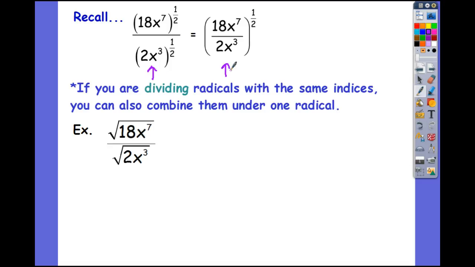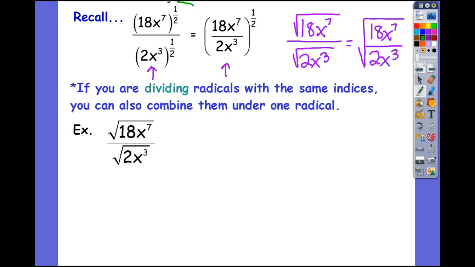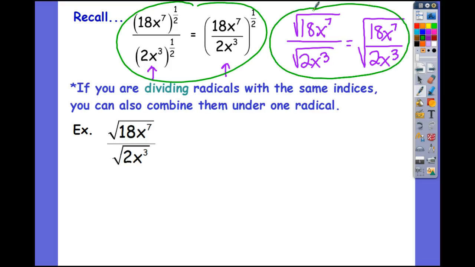And remember, the 1/2 power is just like saying the square root. So this is the same as saying this. As long as my index is the same, if I'm dividing 2 radicals, I can combine them into 1 radical. So if I look at this one here, again, I might not know what the square root of 18 is. It's not a nice whole number, it'd be 4 point something. I don't know what the square root of 2 is, but if I combine these under 1 radical, 18x to the 7th over 2x cubed,